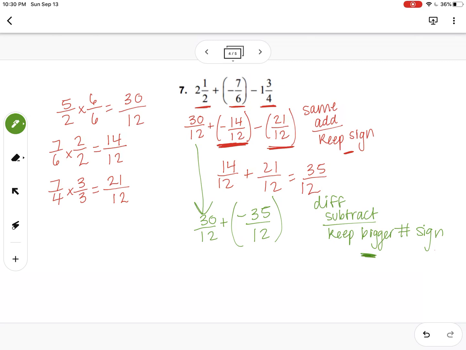Hopefully 35 is. So we're going to keep the negative sign in our answer. And we're just going to subtract those numerators. Remember, the denominator stays the same. So we do 35 minus 30, which is going to give us 5. And we're going to put it over that denominator of 12. And then remember, our answer is going to be negative. So our answer is